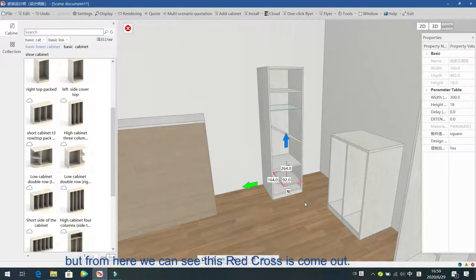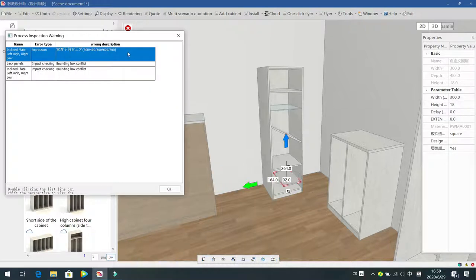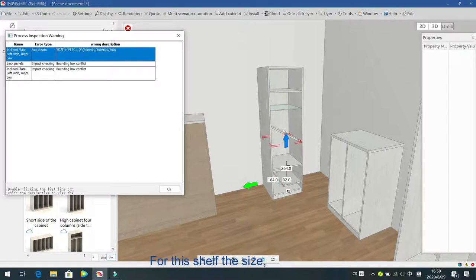But from here we can see this red cross come out. This is because for this kind of shaft, we have some standard sizes, 300, 400, 500, 600, 700, only five sizes. That means if you want to design this kind of shaft, the size of the cabinet must change. Okay, and the next one